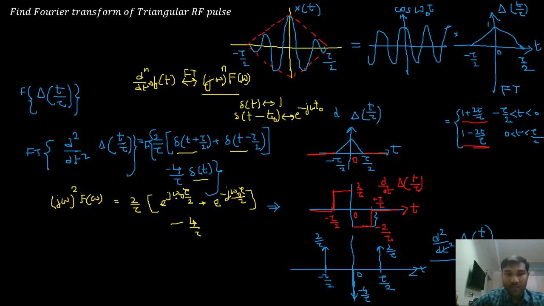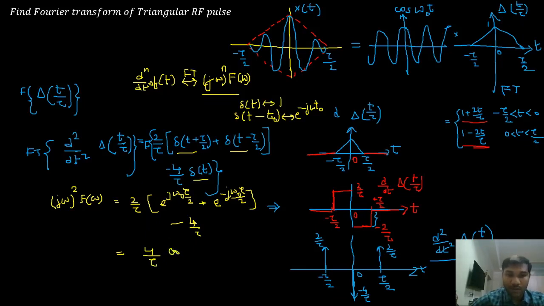Now e power j theta plus e power minus j theta is nothing but 2 cos theta. So instead of that I can write 2 by tau into 2 cos theta, that is 4 by tau